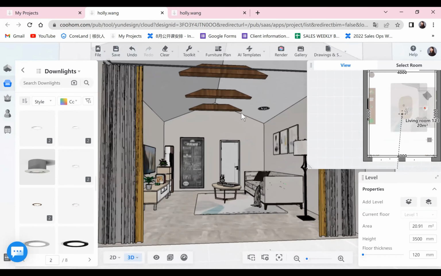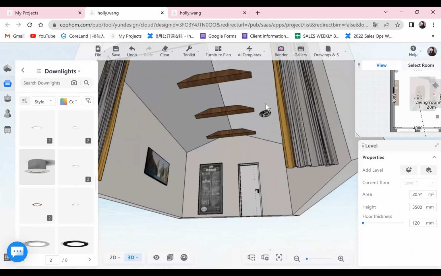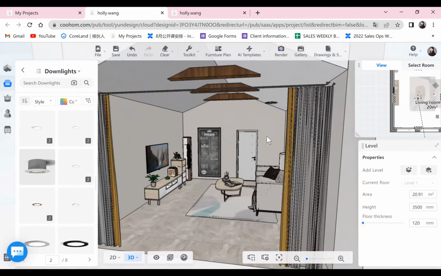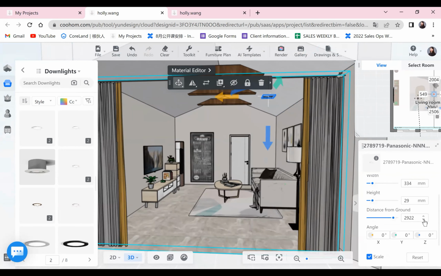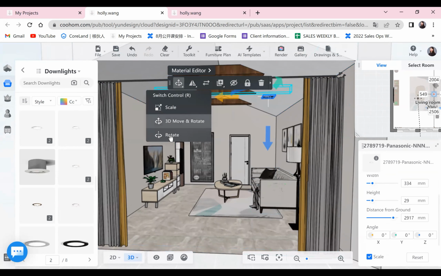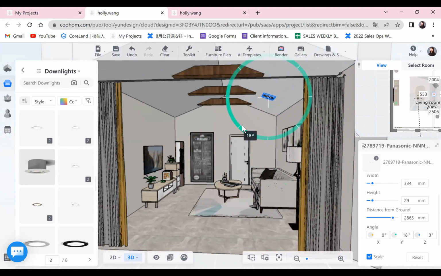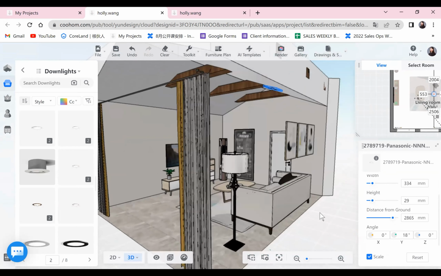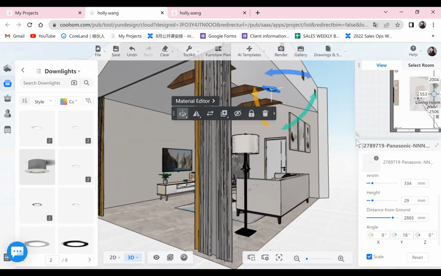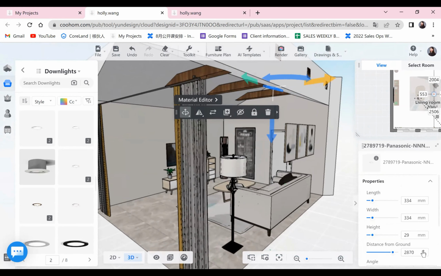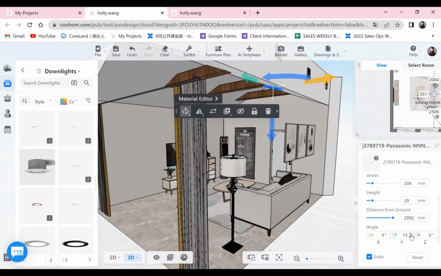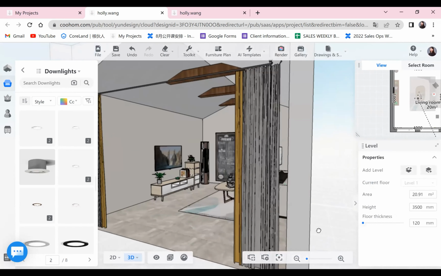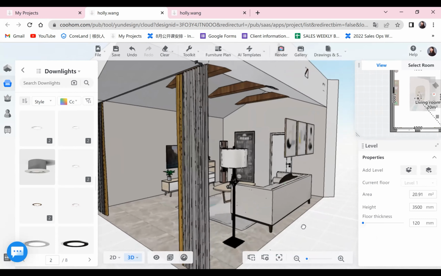All right, so now we have this first light here, right? And then you need to adjust the position and also the angle of it. You can also check from the right side here to get a more precise size of it. By changing the angle, you can rotate it, right? Like this, okay? And you can see from here to help you check better. I think it should be a little bit higher. And you can also change the angle like this, right? So I think now it's almost done, right?